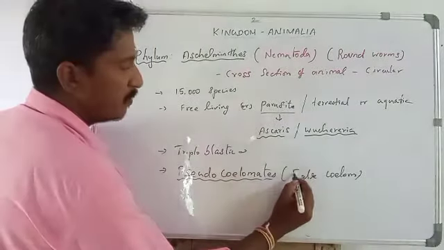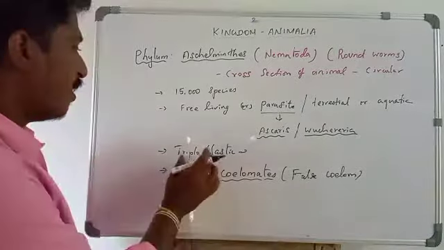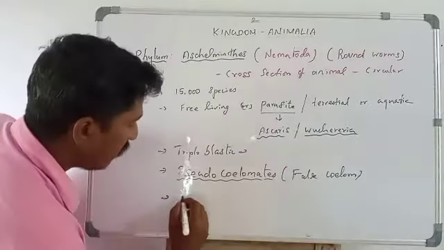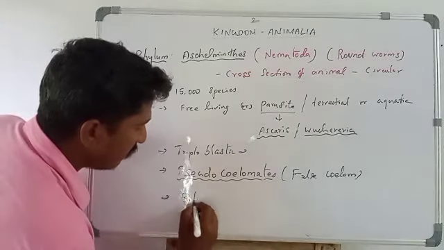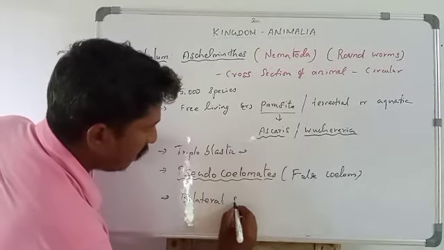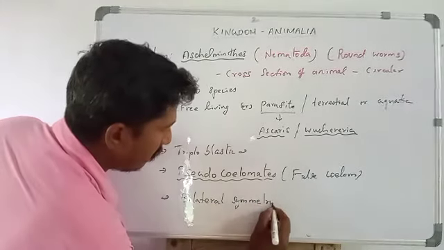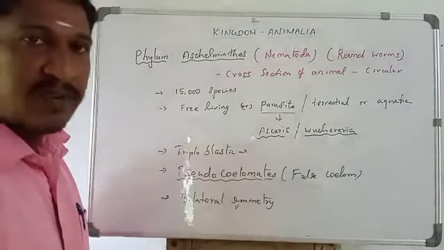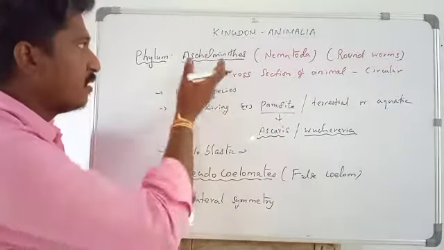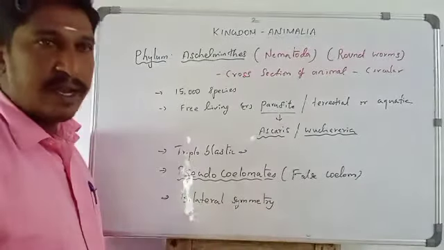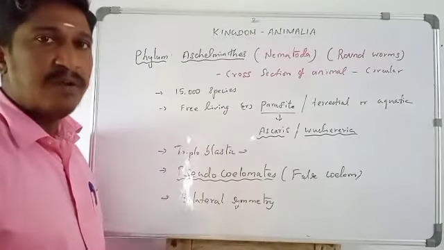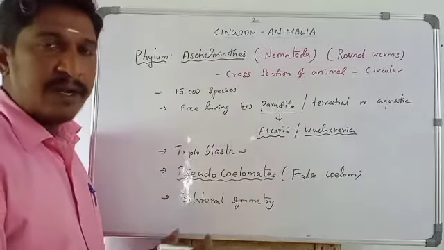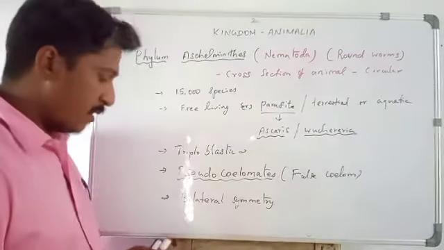Pseudocoelom. They are all triploblastic, with 3 germ layers, and the body symmetry is bilateral symmetry. No cephalization is seen here. These animals do not have a separate head, and are long and tubular in structure. Both ends are tapering, the top and bottom ends are narrow, and the body is round.